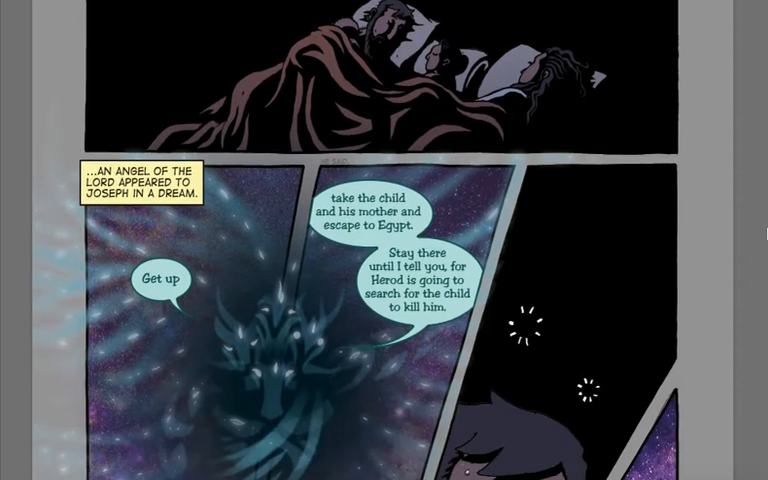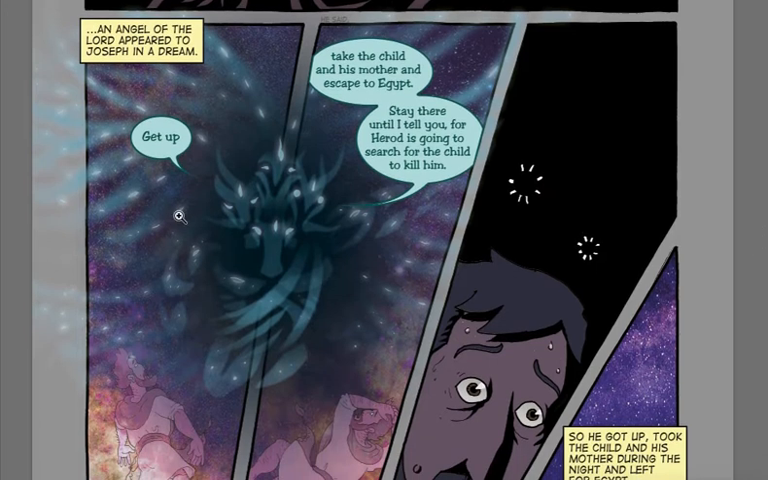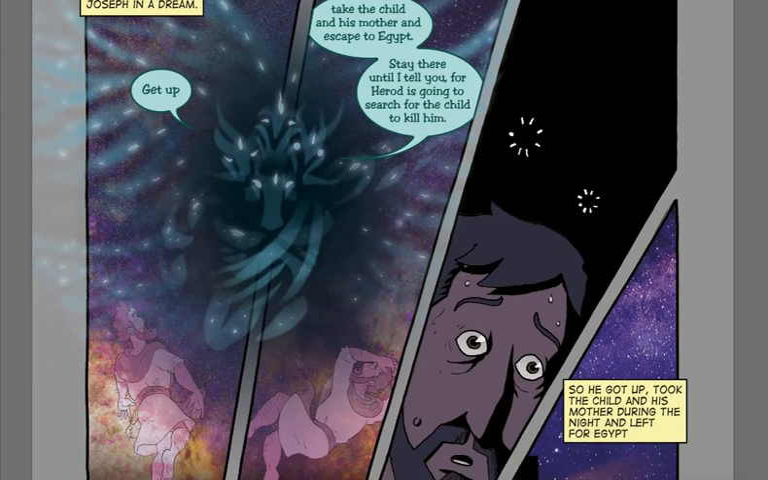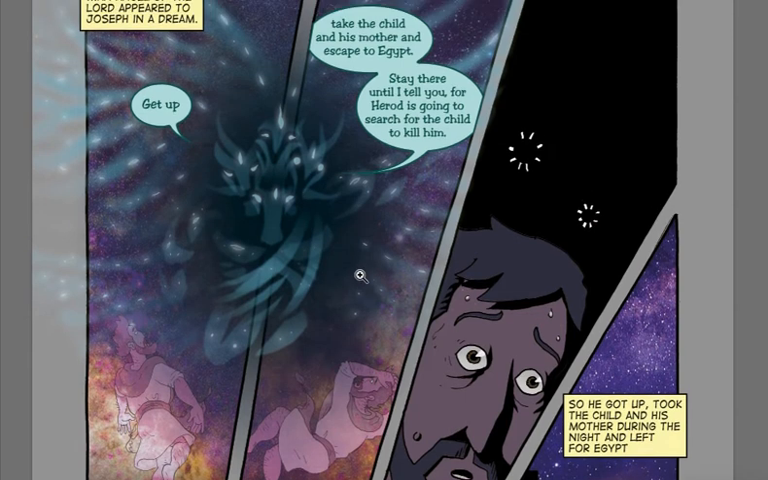Then Joseph has a dream. So an angel of the Lord appeared to Joseph in a dream. Get up, take the child and his mother and escape to Egypt. Stay there until I tell you, for Herod is going to search for the child to kill him. Now here you can see this is essentially the angel who we believe to be Gabriel, but